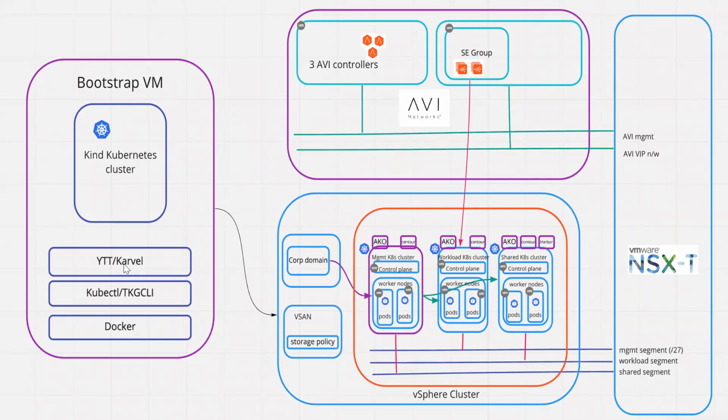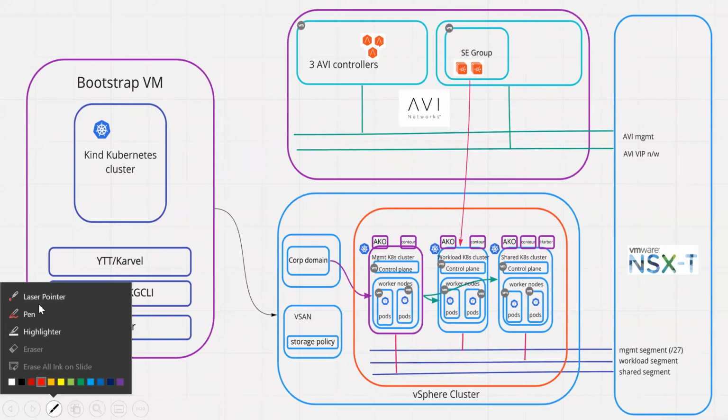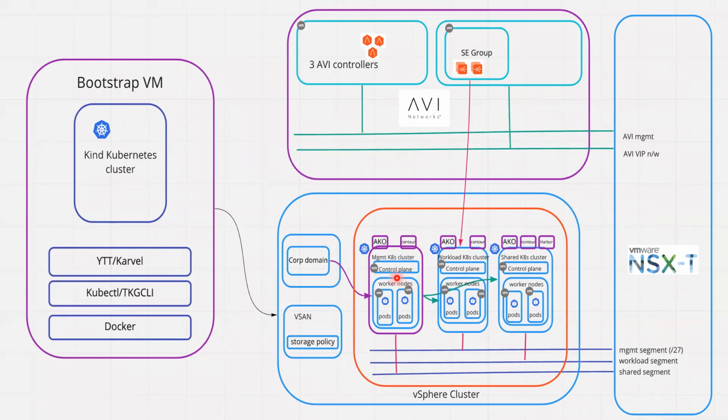Whenever you are doing an initialization, the first cluster you would deploy is this management cluster you can see over here. This management cluster is deployed from the bootstrap machine. When you do an initialization to deploy this cluster, you deploy something like a kind cluster on this bootstrap VM, which is necessary for bootstrapping the management cluster. Once the management cluster is ready, it would destroy this kind cluster.